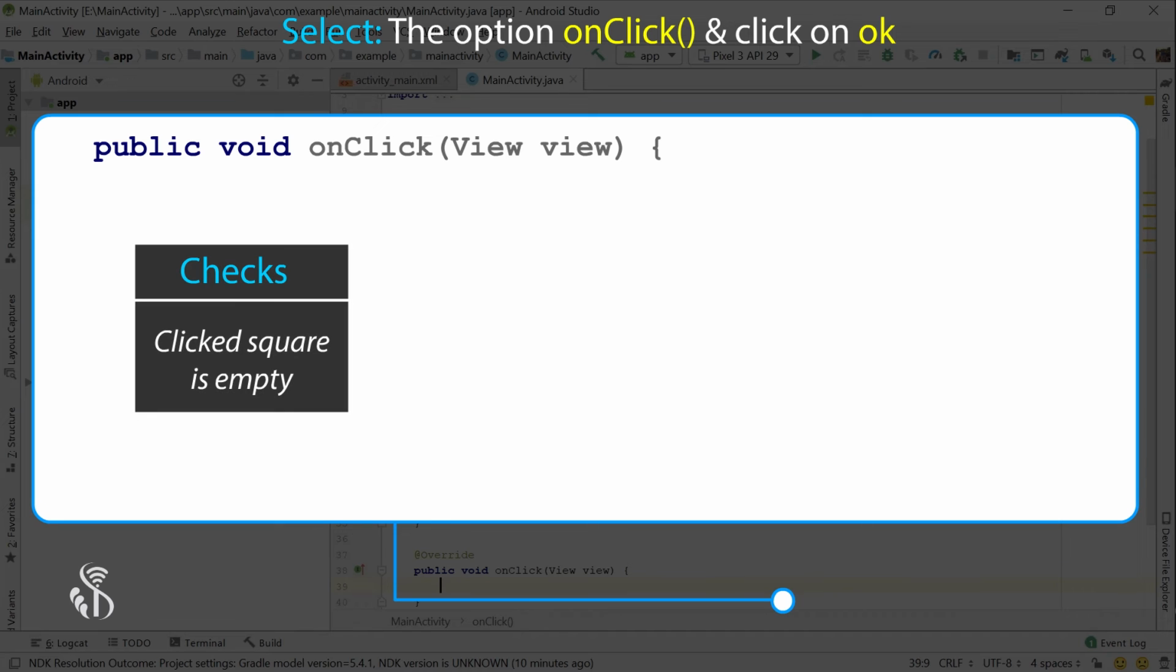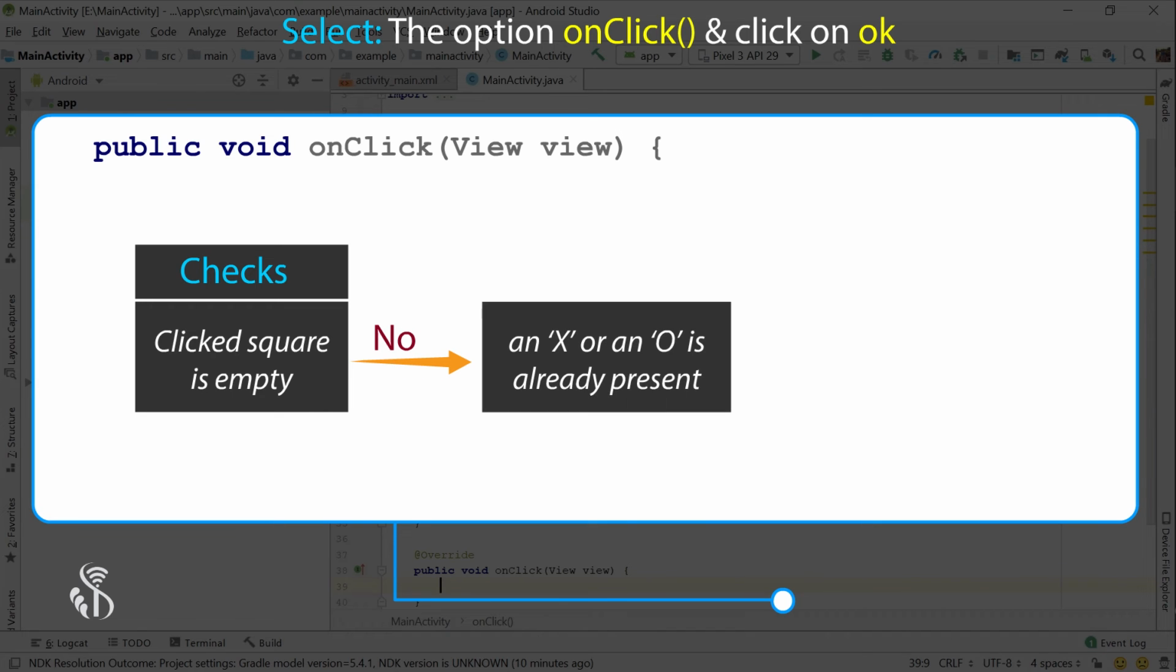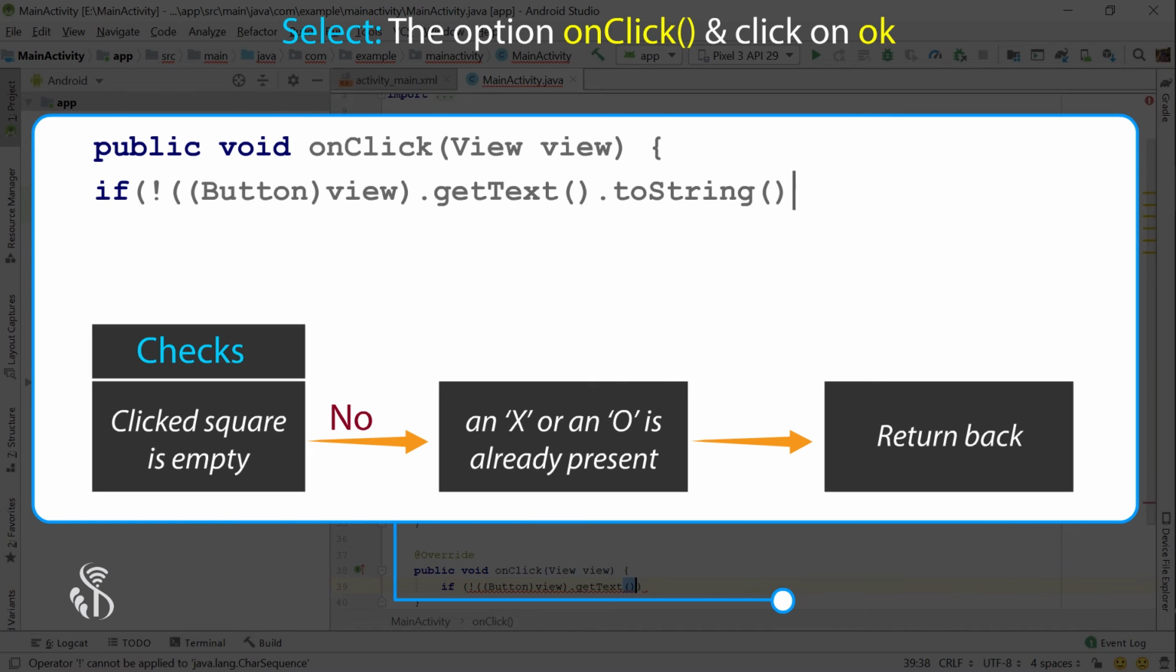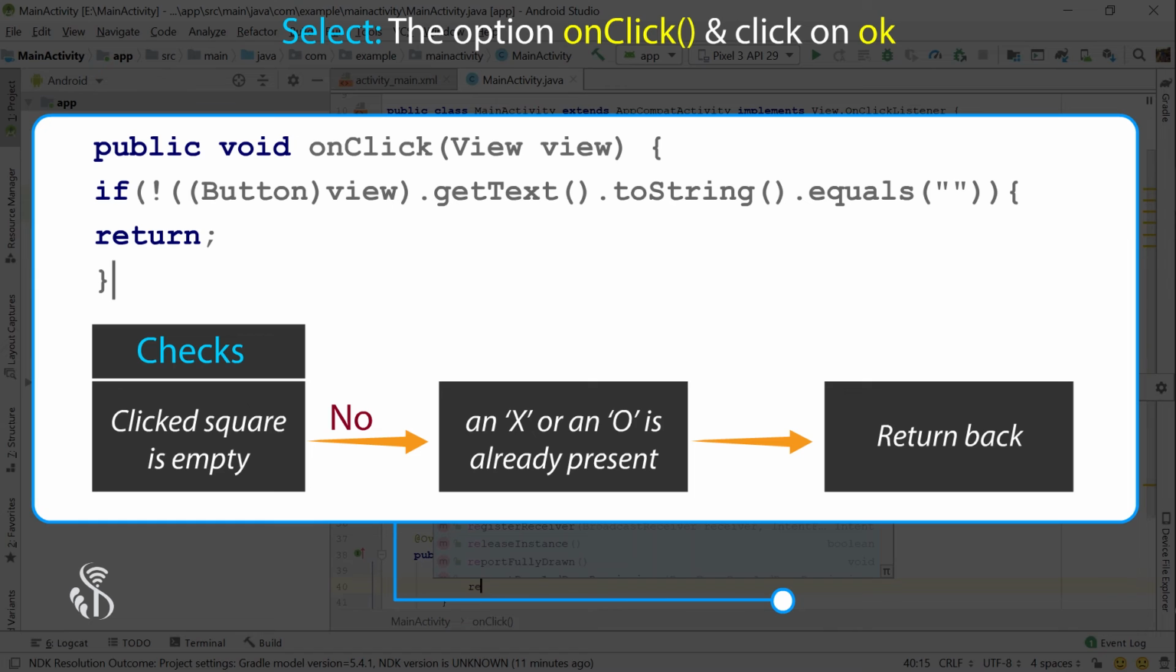Here, we will first check if the square which has been clicked is empty. If it is not empty, that is, there is already a cross or a 0 present on it, then we will not do anything and return from here. if (!((Button) view).getText().toString().equals("")) { return; }